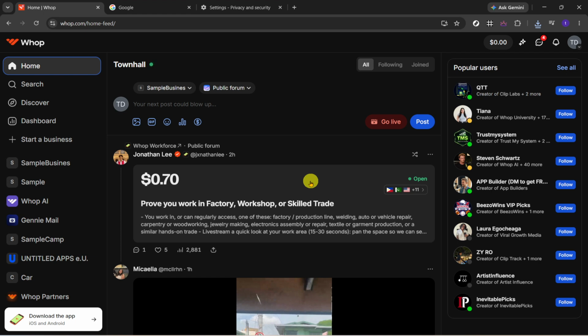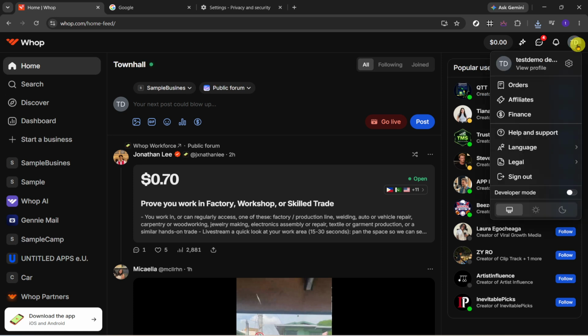Next, look to the top right corner of the screen. You'll see your profile account area there. Click on your profile icon or account section to open the account menu. This menu contains personal account actions and settings, including the option to sign out. If you don't immediately notice it, scan the upper right area carefully, since that's where profile controls are typically placed